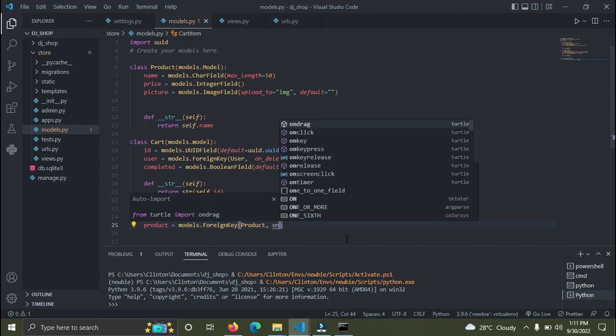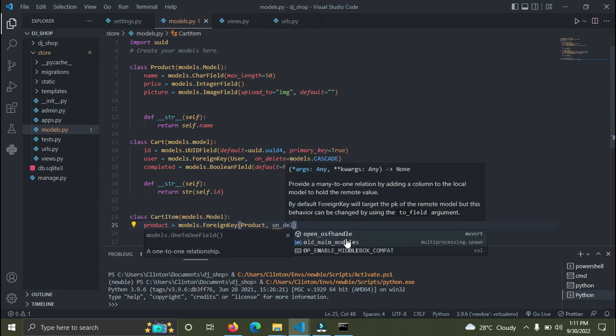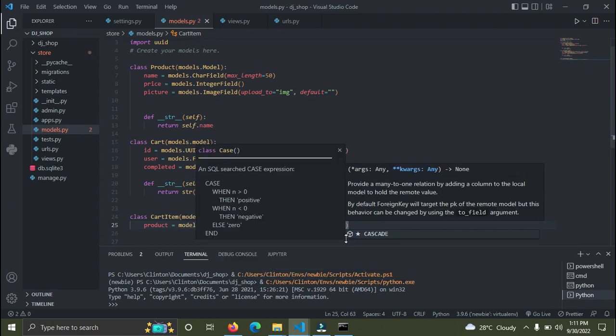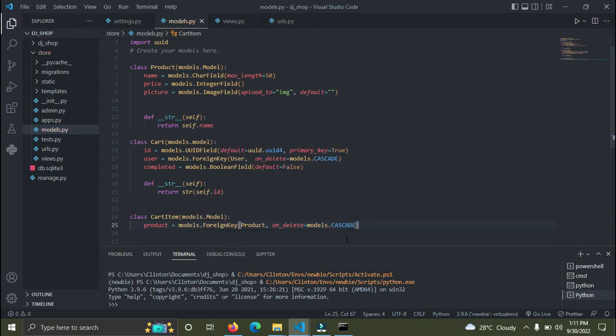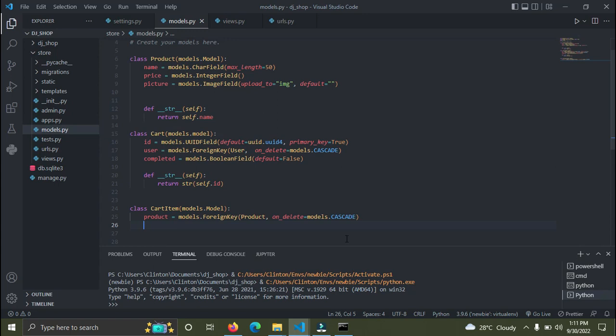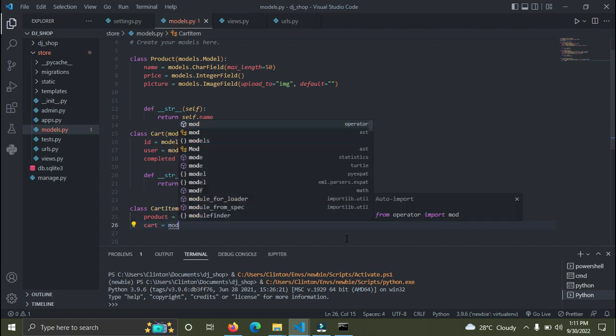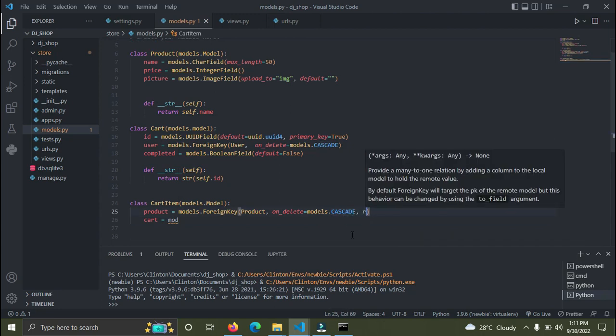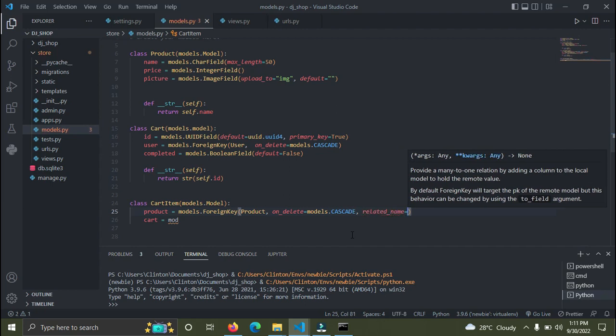On delete should be equal to models.CASCADE. Okay, so after we've done this, I'm also going to link the cart's model to the cart item model. I'm going to simply say cart should be equal to models. I need to add a related name over here. I forgot related_name. So I'm going to say related_name should be equal to, let me say, cart